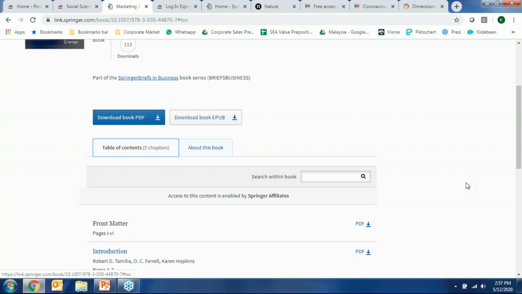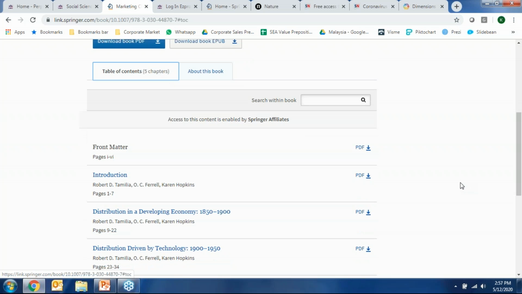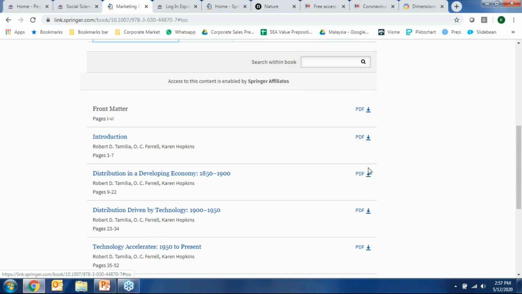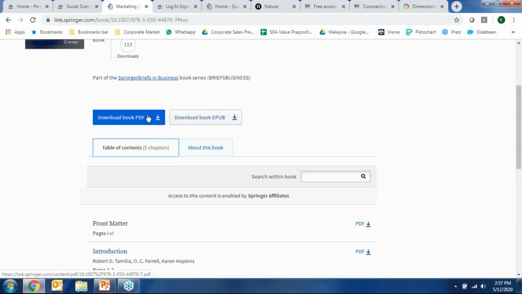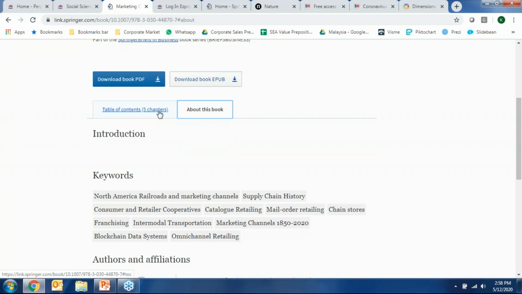So we've actually added a function into the platform where you can download individual PDFs of the books. You can choose a PDF or an EPUB version if you're using a different device, for example a Kindle. And you can search within the book itself.